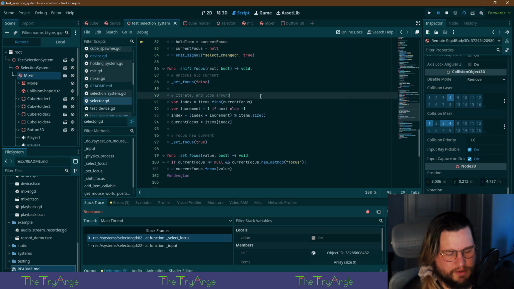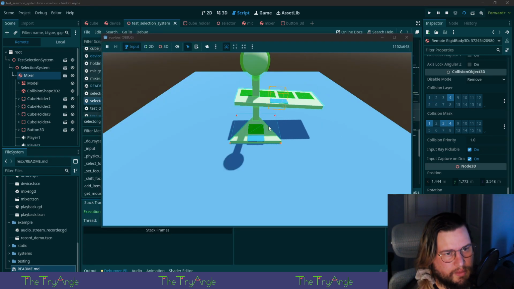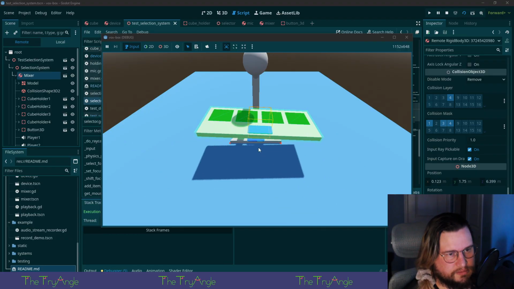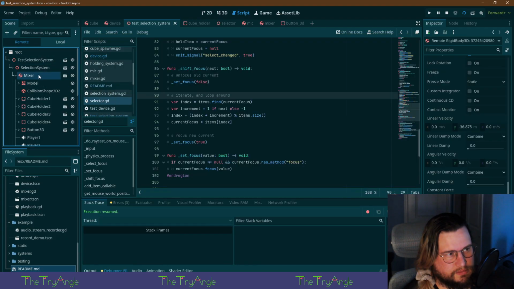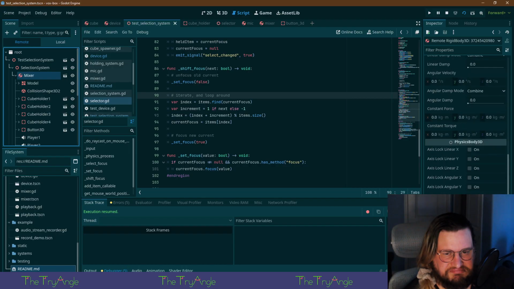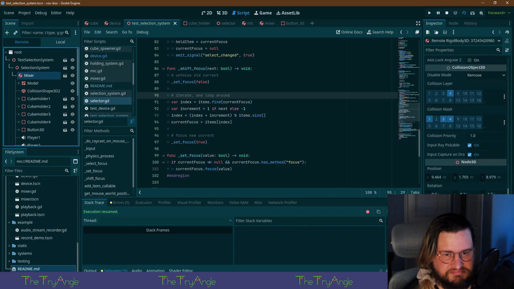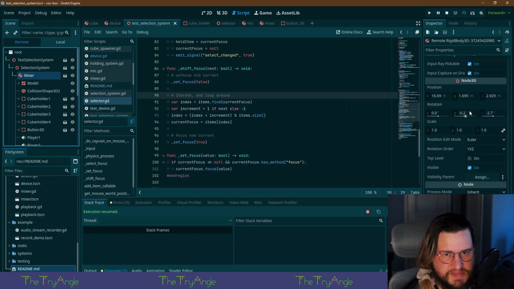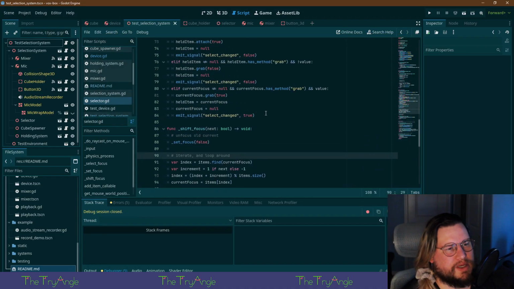It is zeroed out. But clearly it's not. You know what it probably is?